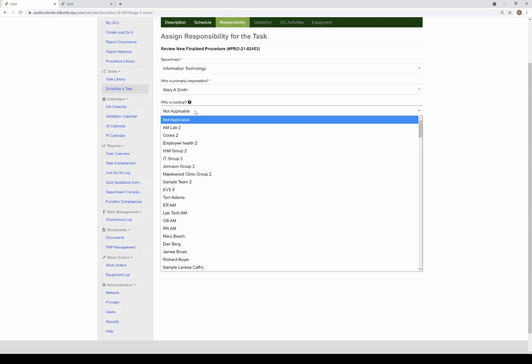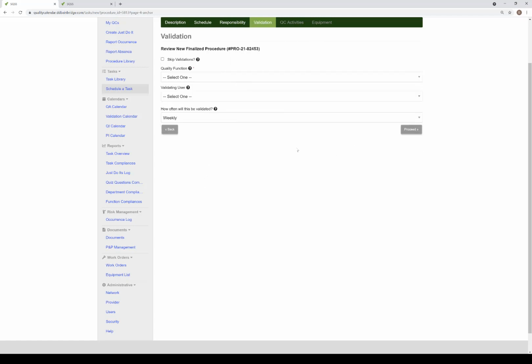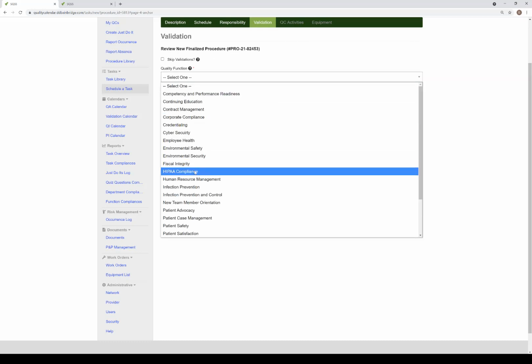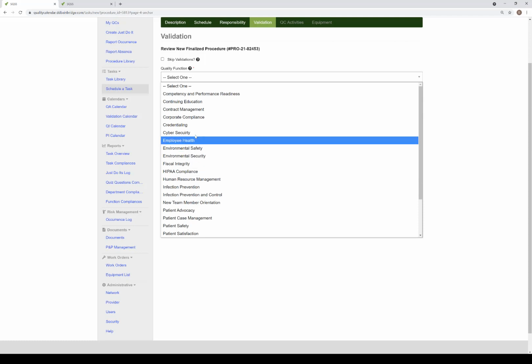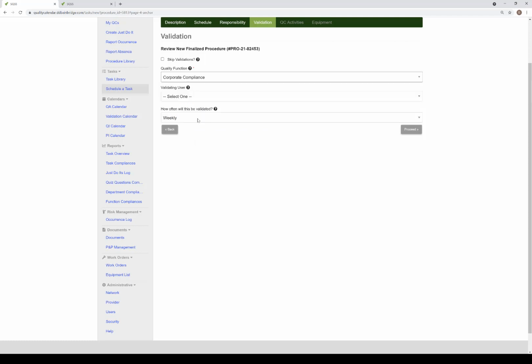And if you have a backup person that would do this review, you can pick that person. And we do recommend having backups if at all possible. And then what function is this assigned to for the task? So this is a policy and procedure review. So you probably could assign this as a corporate compliance type of function to make sure these reviews are happening. But again, if you have a different functional linking for your policy and procedure reviews, you can change your function